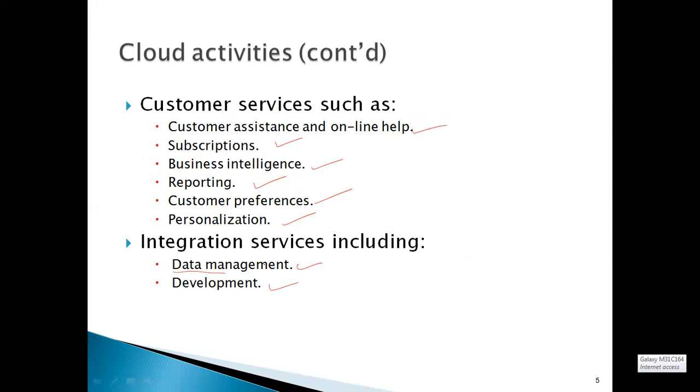So all these cloud activities are necessary to support the three delivery models, such as platform as a service, infrastructure as a service, and software as a service. This list shows that a service-oriented architecture involves multiple subsystems and complex interactions among these subsystems. Individual subsystems can also be layered. So this is all about the number of activities that are necessary to support the three delivery models.